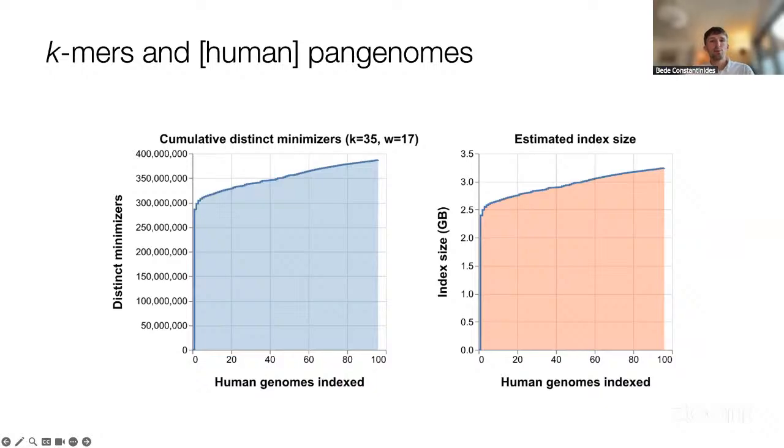So if we naively try to use a read aligner like Minimap2 to index 100 human genomes, our index would become 100 times larger and unwieldy with mostly redundant sequences. And we'd need a huge amount of computer memory and alignment would be slow. We could use a pangenome graph aligner and a pangenome graph reference, but in my testing, this is just quite a bit slower. So k-mers and minimizers, on the other hand, naturally represent pangenomes very efficiently.